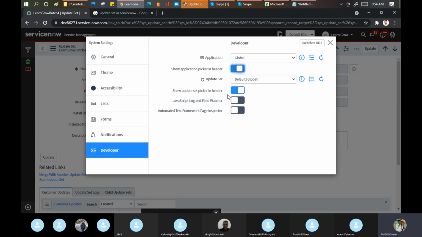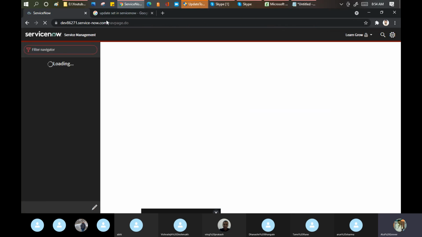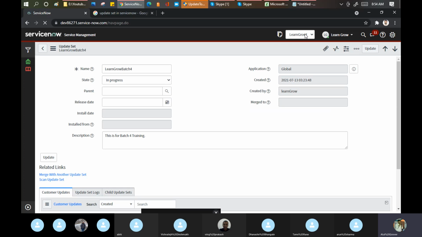This is for the global. Why is the update set not being picked up? Let me reload my page. This should not be the case actually. Maybe it's not refreshed properly. So you can see that it has now taken my update set.